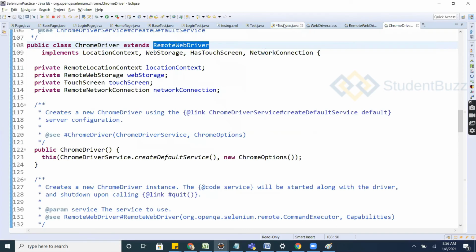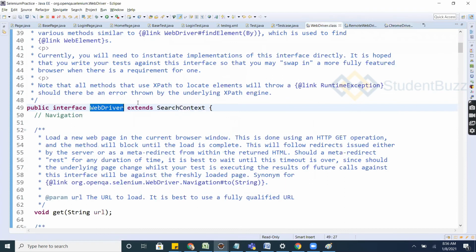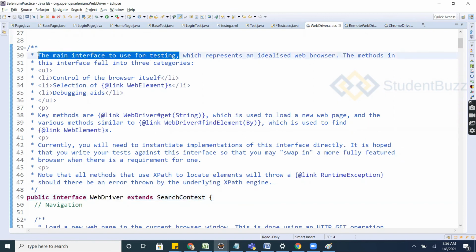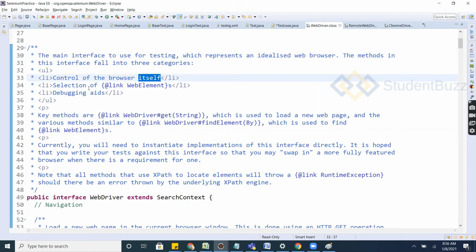WebDriver is the main interface to use for testing, and it controls the browser itself, the selection of web elements, and debugging. So we have three categories: element, browser and debugging.